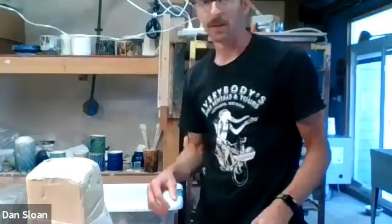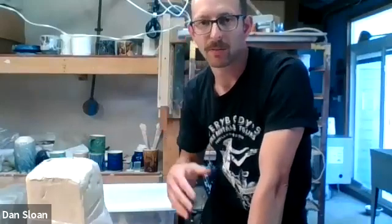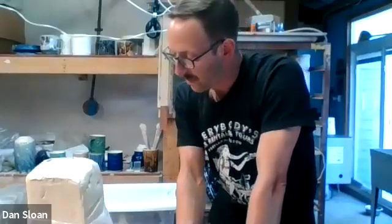And we're going to go from the very beginning, going from the formation and pulling of the handles, and then attachment, and then cleanup. I'm going to go over some tools first before we get started. I have